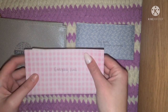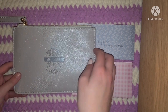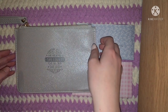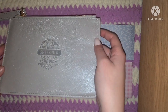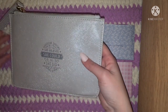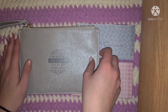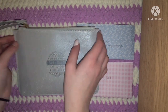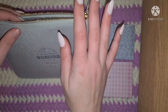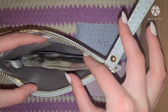So I just celebrated my 21st birthday very recently, and my dad's side of the family, my grandma and my nan, actually pitched in to get me this gift. First of all, how cute is this little clutch pouch? It's very cute. But they actually gave me emergency fund money, and this is an insane amount of money to be given, but